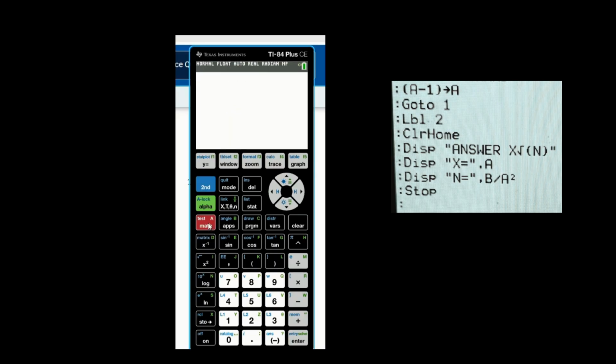So second shift math, enter, that's for my equal sign, and then alpha quotation mark, and then comma, and then alpha b, and then we will just divide it by alpha a. Where's my alpha a? And then we will square it. Where's my square? Square it. And then enter.